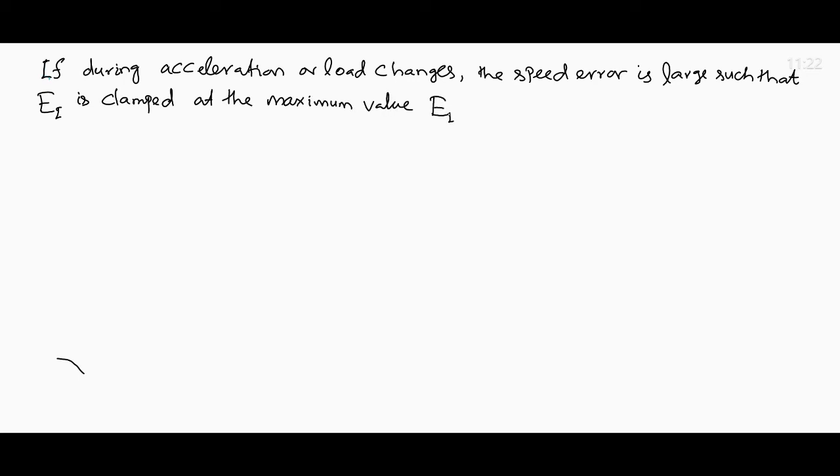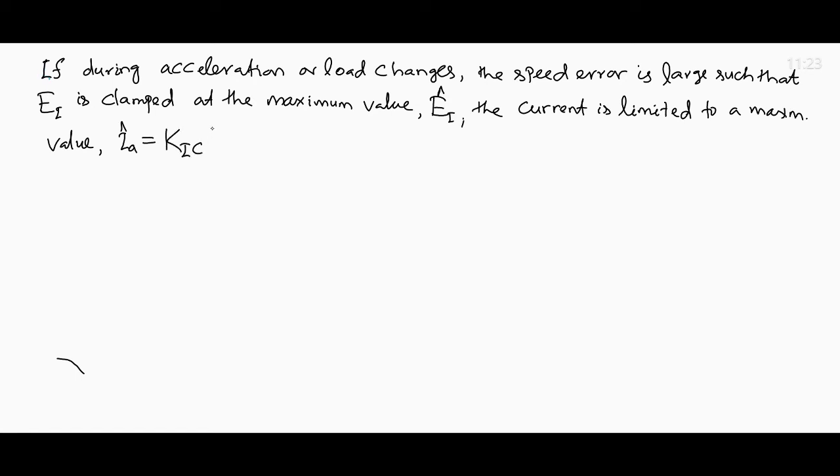The maximum value of the current reference is EI hat. The corresponding maximum value of the current IA hat is the gain KIC times the maximum value of the current reference. Then the speed error is described by